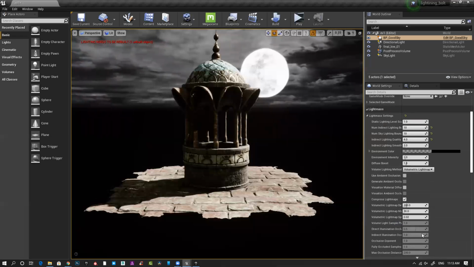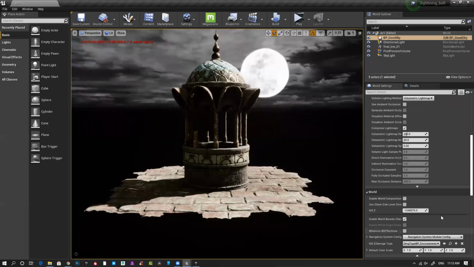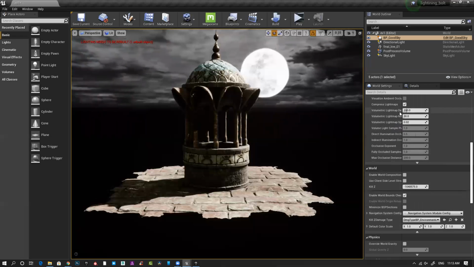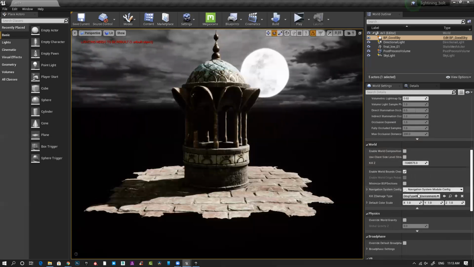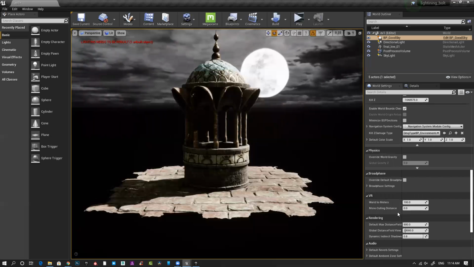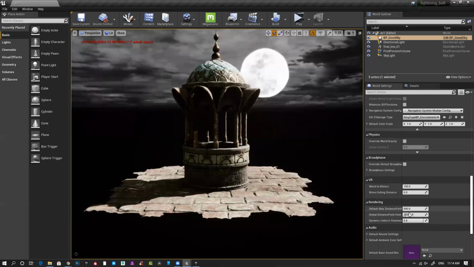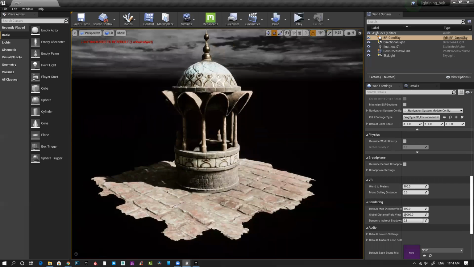Then you can see you have so many options here. Usually don't change any of this. There is a rendering default this thing